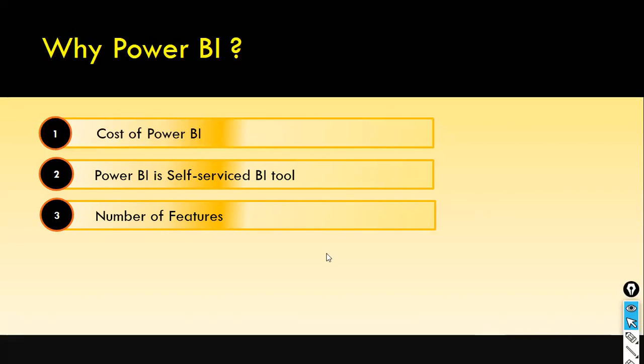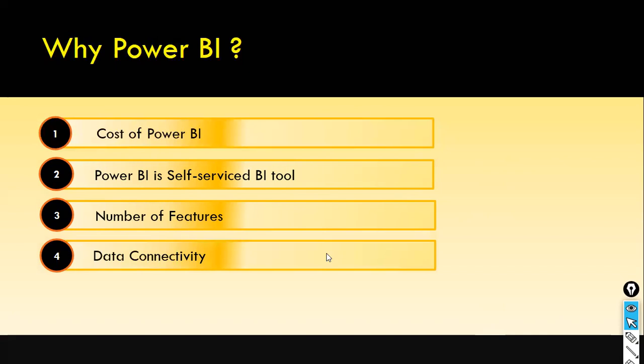And the next one is data connectivity. If you want to connect to Hadoop, SQL Server, Oracle Server, SAP HANA, you name any source system, including big data, Hive, SQL, all the things. You can connect to any type of data sources, be it structured, semi-structured, quasi-structured, or unstructured data. You can use Power BI connectors to connect to it. It has a greater capability in terms of data connectivity.